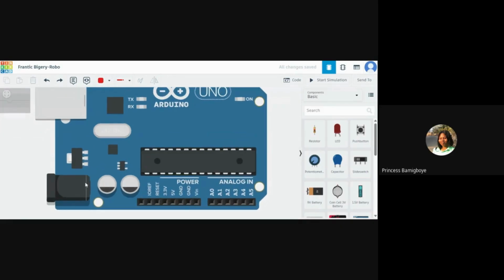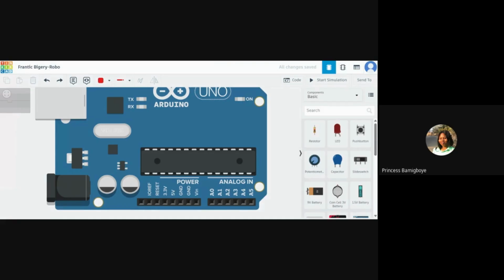So there are 2 ways of powering the Arduino without the USB port. First and foremost is this power jack. How this power jack works is that it works with a 9-volt battery connector and batteries. It can be a 3.7 volt LiPo battery, a 9-volt battery, or 2 LiPo batteries connected in series, whatever. But you will need a 9-volt battery connector.